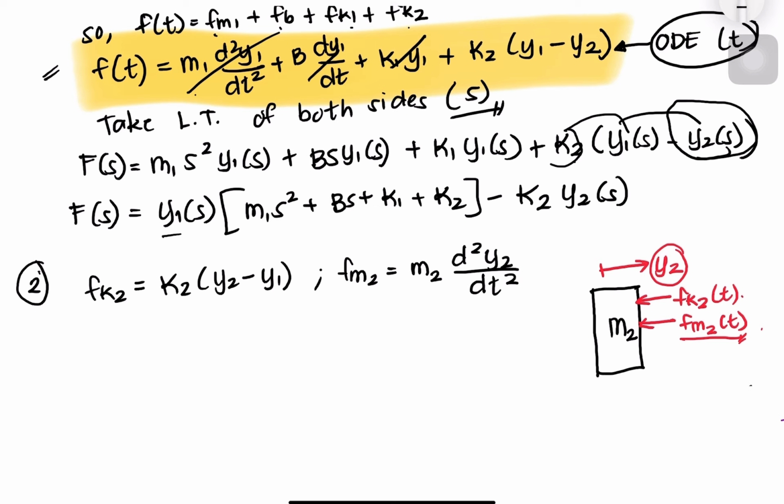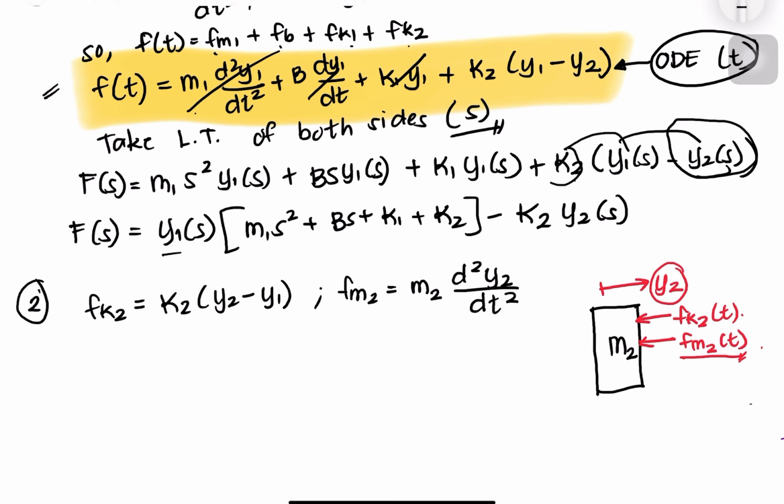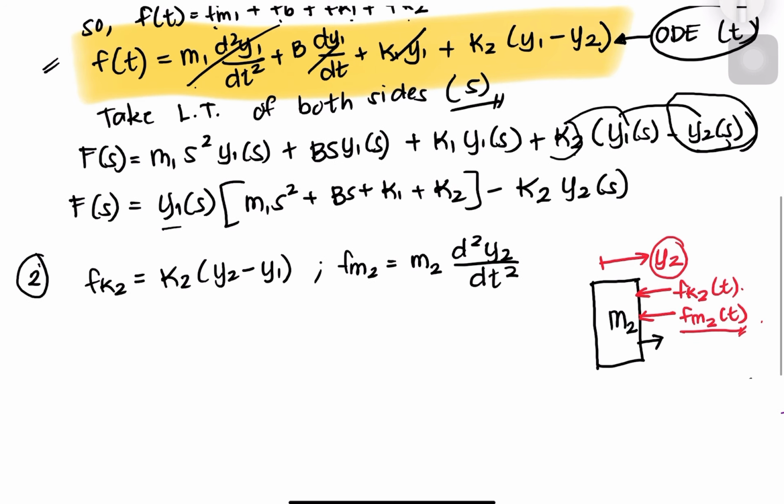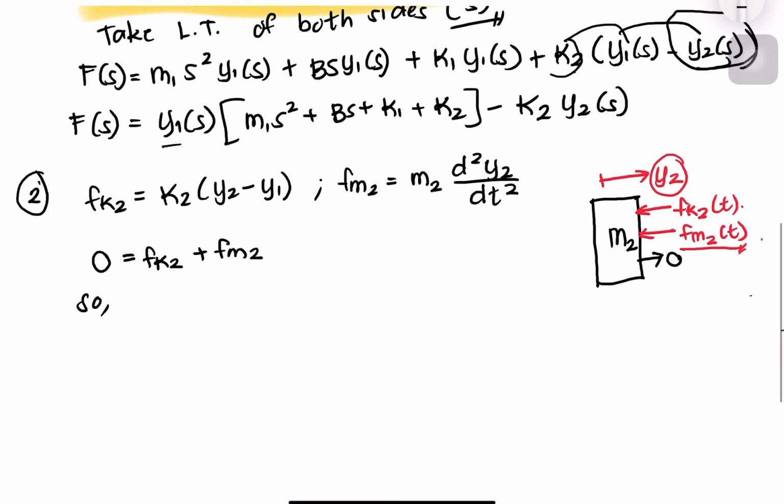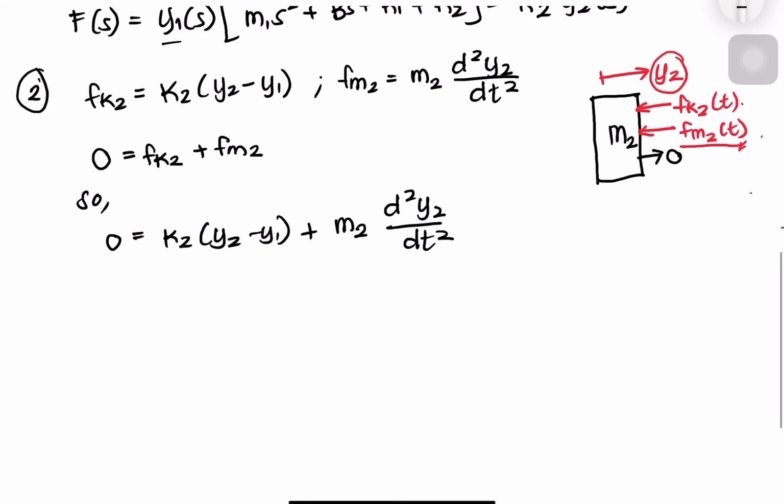Since we have no external force here, the external force will be equivalent to 0. So, in writing the equation, we write 0 = Fk2 + Fm2. If we substitute, 0 = k2 (y2 minus y1) plus m2 d²y2 over dt². So if we